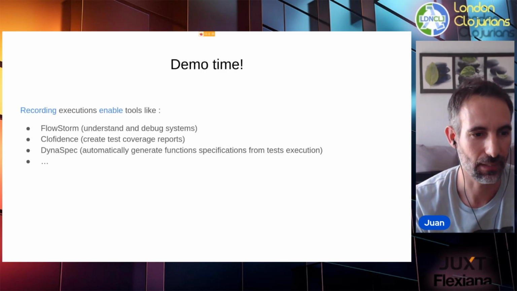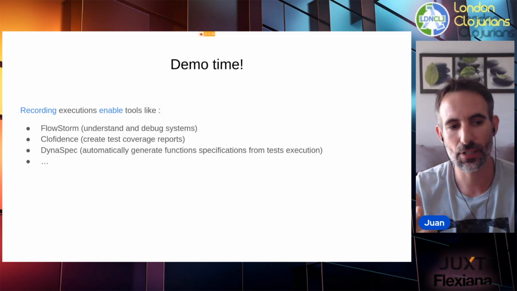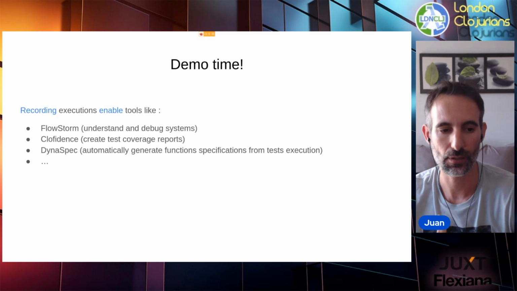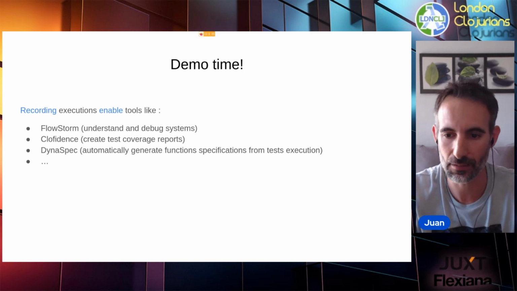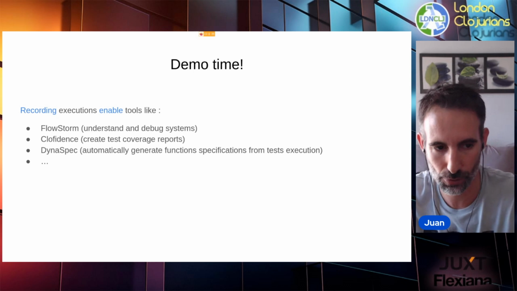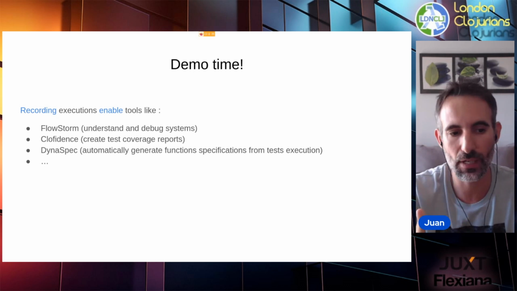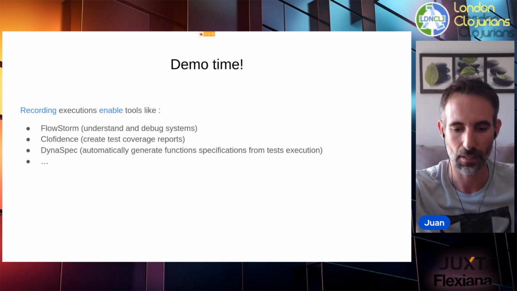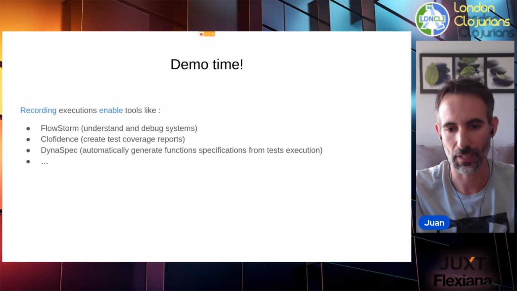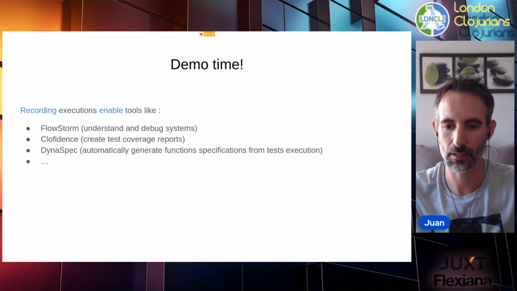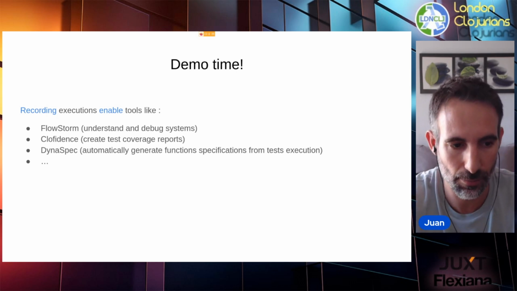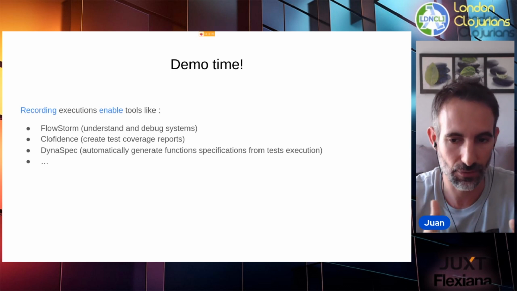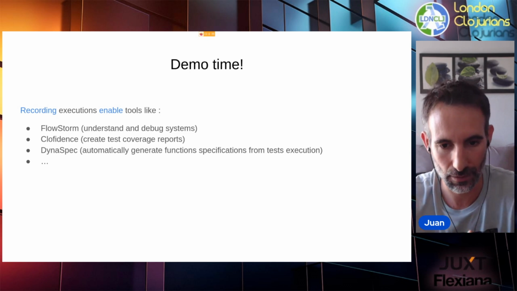So here's the demo time. Recording executions enables tools like FlowStorm, for example, which is a tool to understand and debug systems in general, Clojure systems, or things like Clofidence when you want to create test coverage reports. So you run your test, and then you record everything that is happening, so you get your test coverage reports. Or DynaSpec,